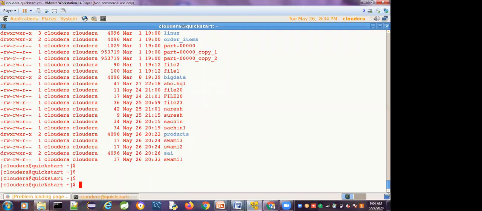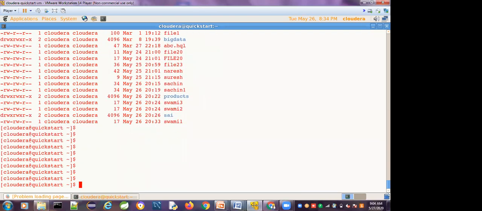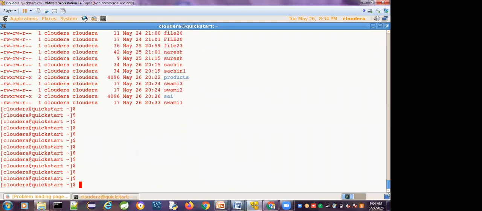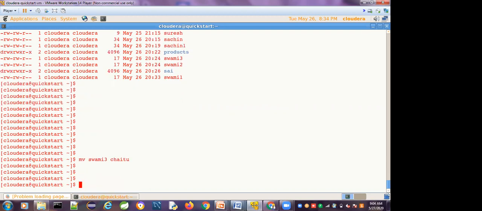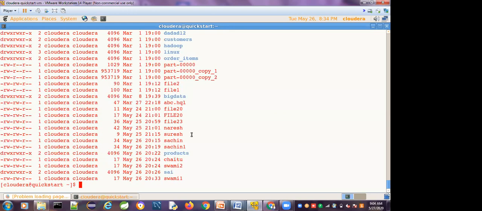The mv command. Someone may ask, how can you rename a file? With the mv command: mv Swami 3 to Chaitu. See here, once you do ls -lrt, Swami 3 won't be there, but the Chaitu file will be there.